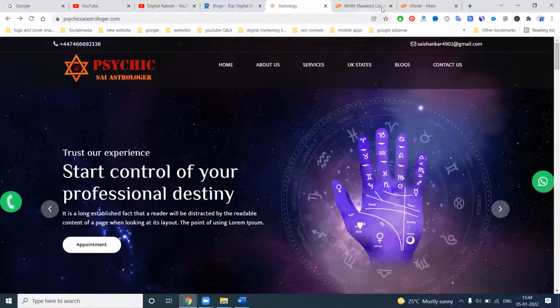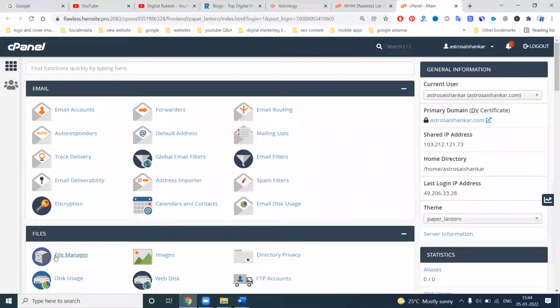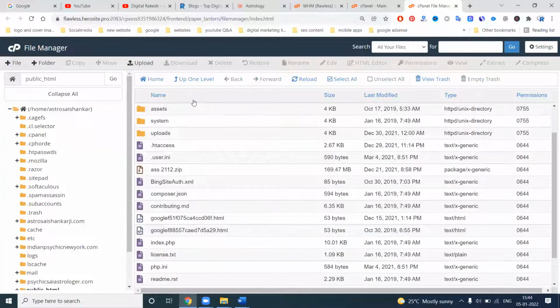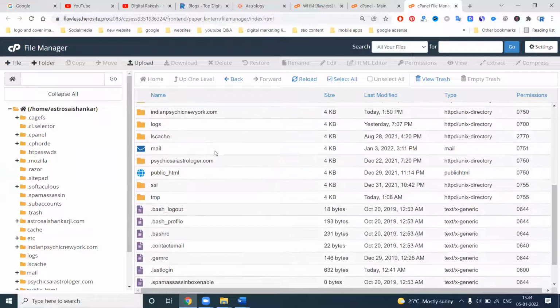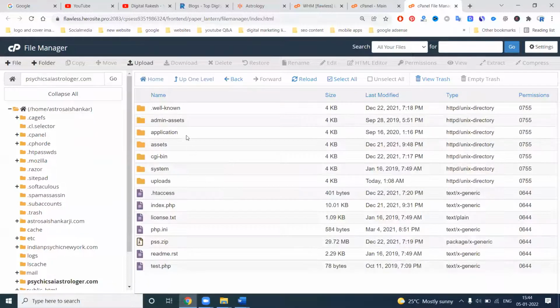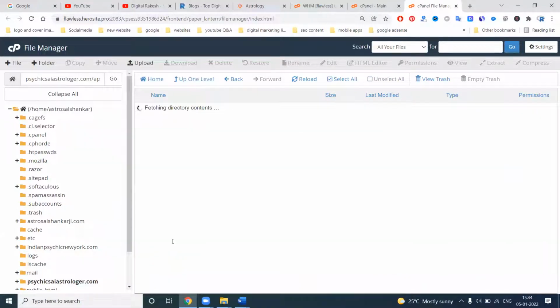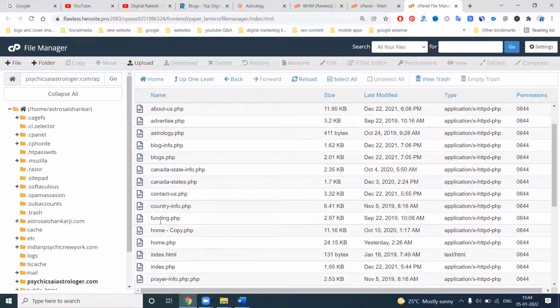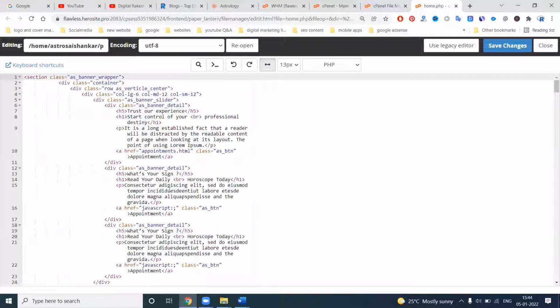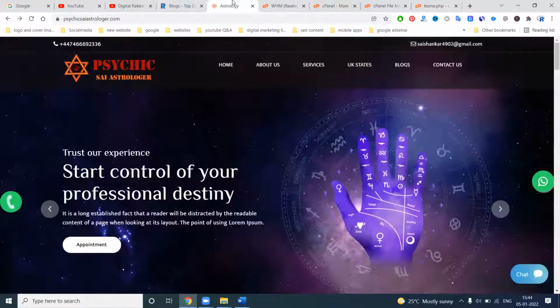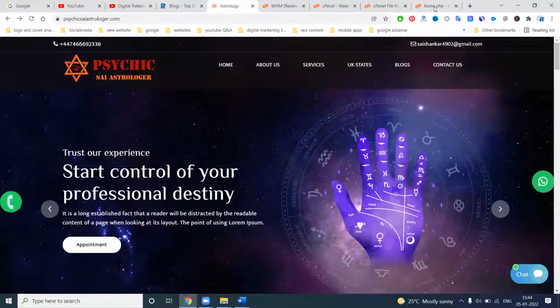Now, right now, you can go to the cPanel file manager. In this, where is our exact page? I can go to the particular page. In this page, appointment.html is there. Where is it? It is long. Okay.